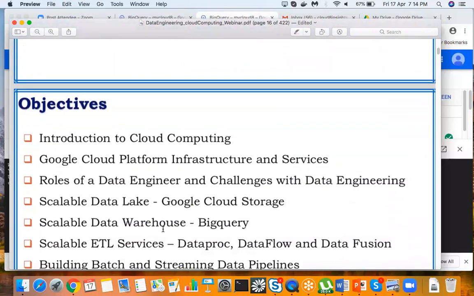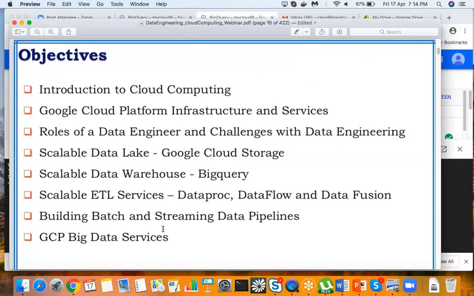Now let us see the objective of this course. The objective of this course is to make you understand cloud computing. What is cloud computing? Why should you go for the Google Cloud Platform? What is the Google Cloud Platform infrastructure? What are the services that Google Cloud offers? What is the role of a data engineer, and what challenges does a data engineer face when he runs his jobs on-premises